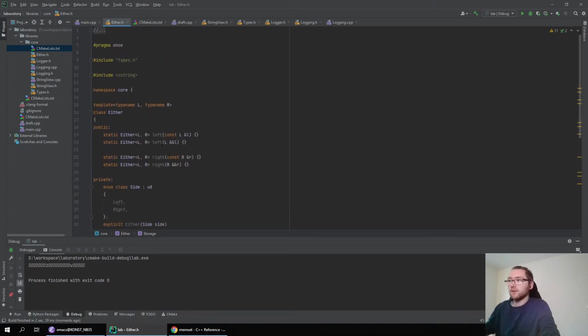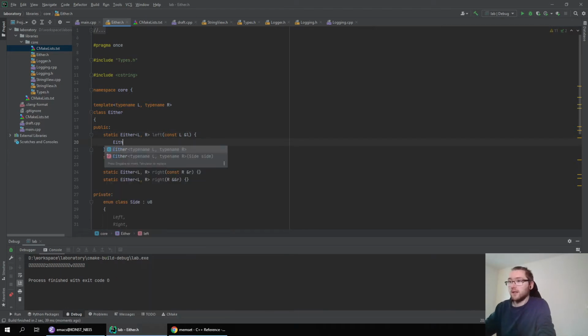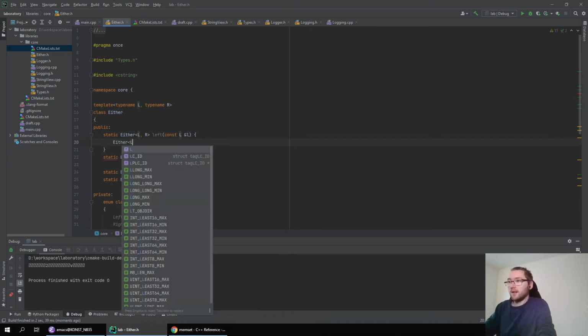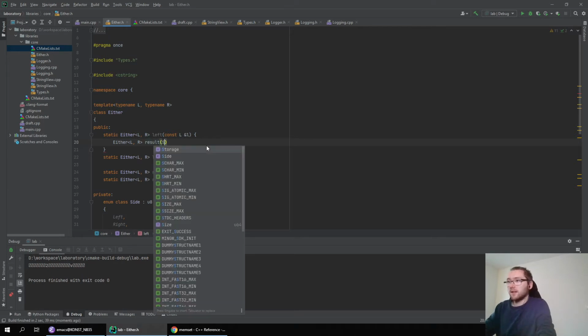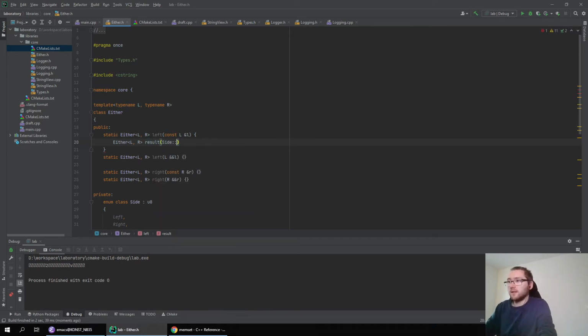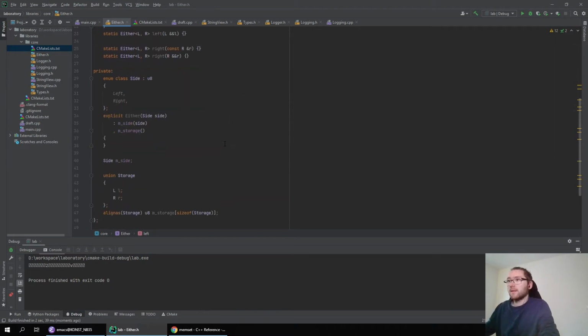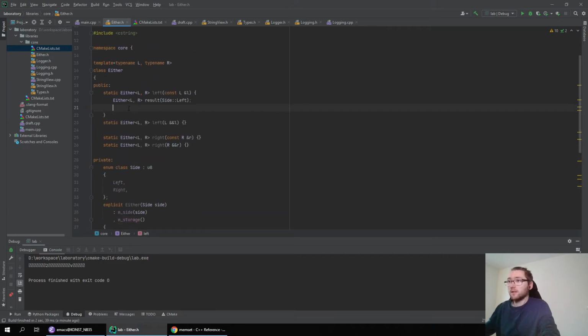Okay, sure. So now to create a left value, I can just say the L, call it result. I extract a left value. Now I can just copy it into storage. So I can copy construct it in storage.